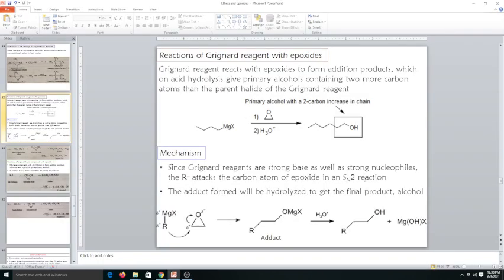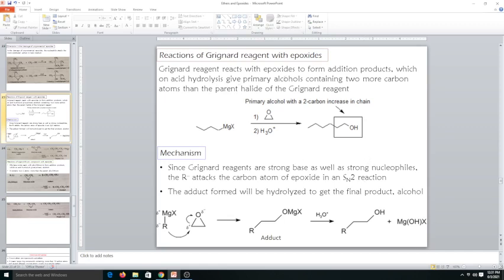So in this class we have to continue the reactions of epoxides. First we have to discuss the reactions of Grignard reagent with epoxide. Grignard reagent, as you know, is an alkyl magnesium halide compound that is reacting with epoxides, and then the final compound we obtain will be an alcohol. Okay, so now let us discuss the points.